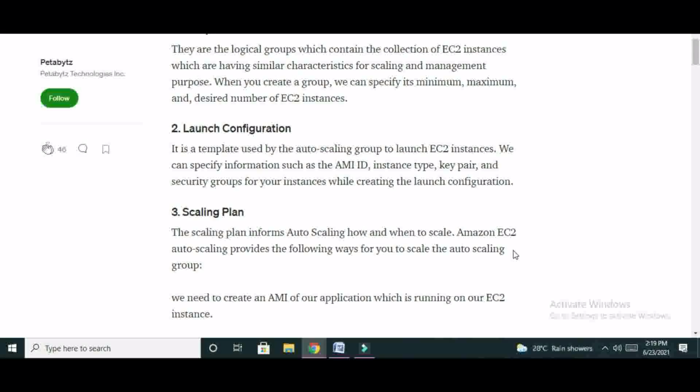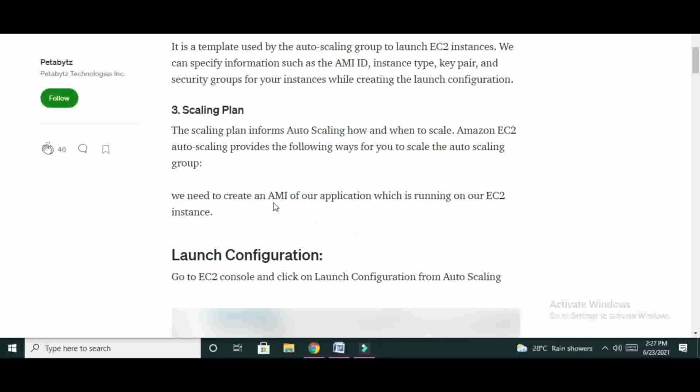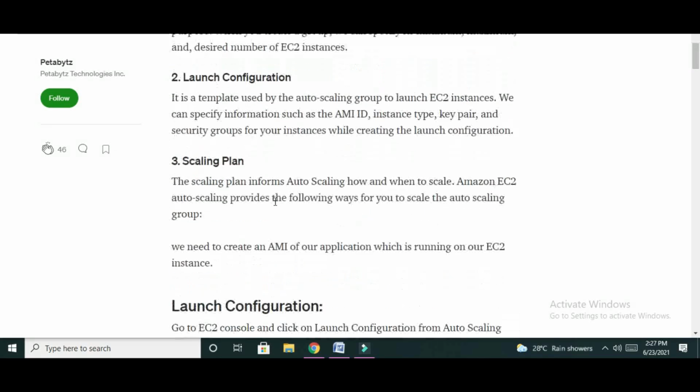In launch configuration, we can specify the Amazon machine image ID, instance type, key pair and security group.